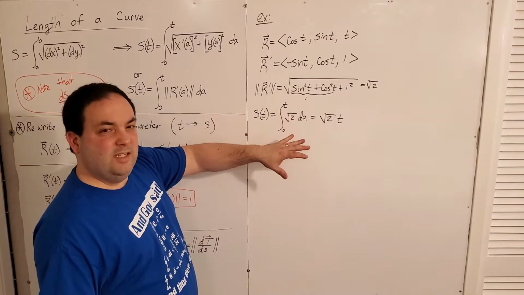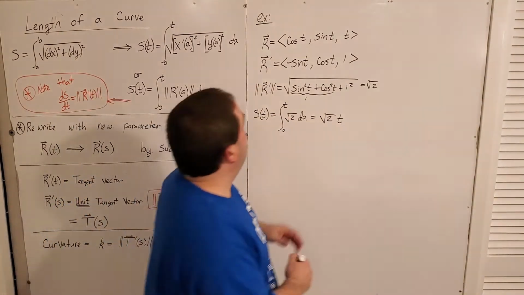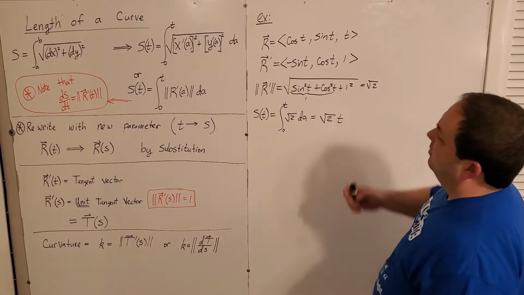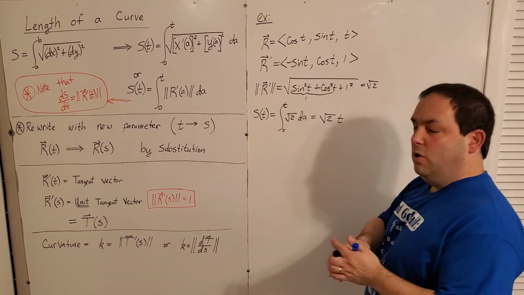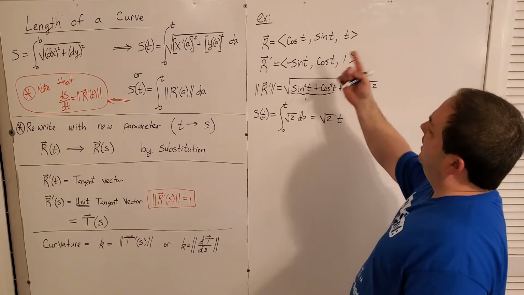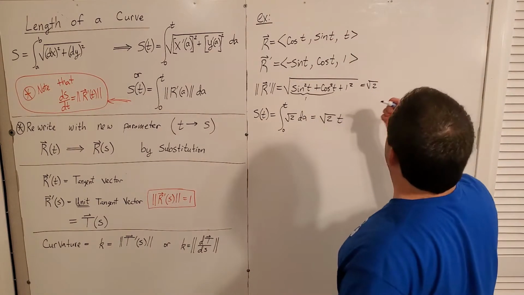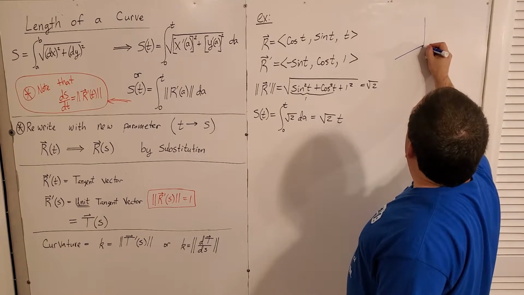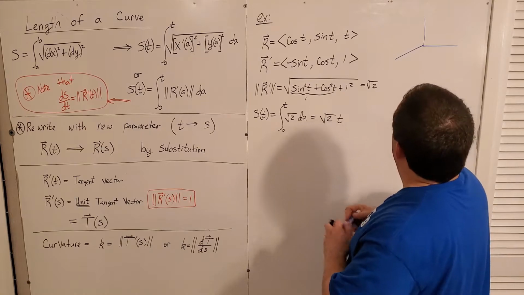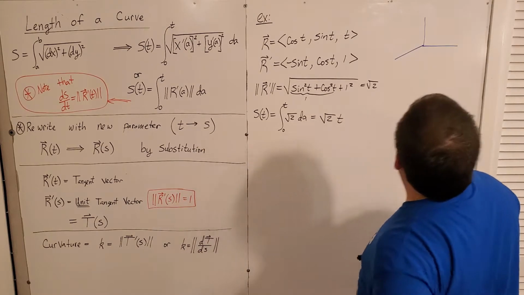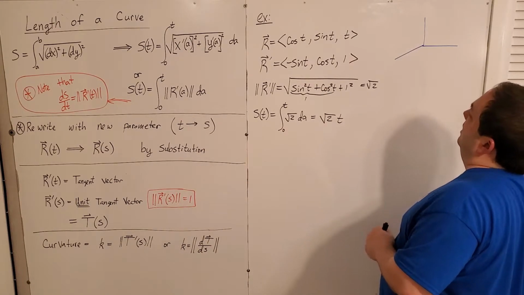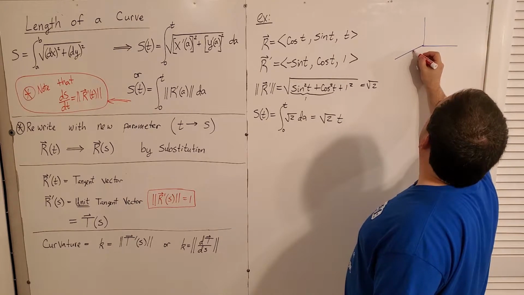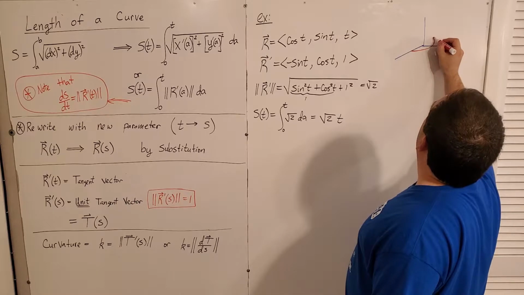And it should make sense to you why this is, because this actual vector function here is just the helix that coils around a unit circle while it climbs up the z-axis. So for example, what I mean is, if I've got this here as my x, y, and z axis, then this is just the helix that starts here on the x-axis and just coils around